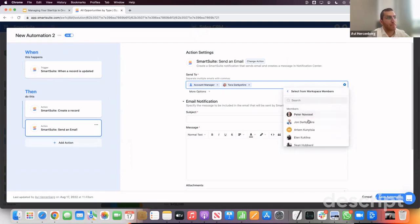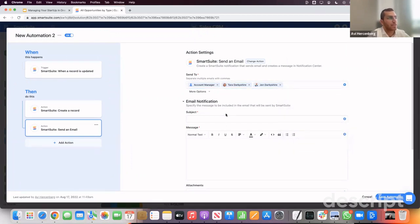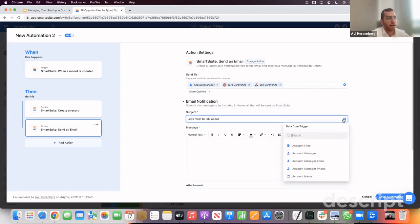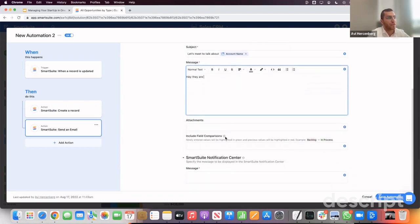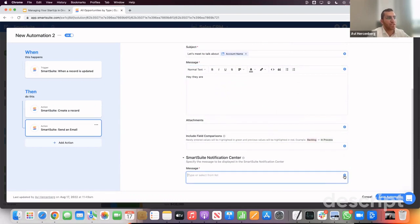So I'm going to send it to my manager. And we're going to say, let's meet to talk about, and I'm going to pull in the account name so that I always know the account name. And I can type over here a custom message and say, hey, they are interested and whatnot. And in the notification center, I'm going to send myself a notification, just letting myself know that, hey, there's a notification going out. And I can simply just add this